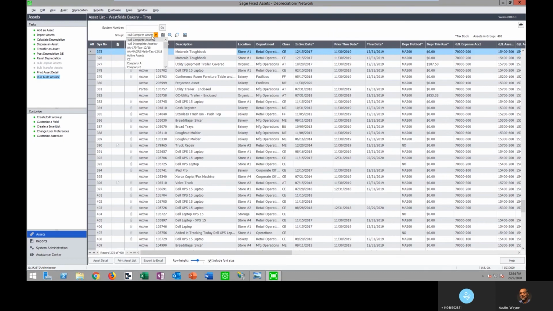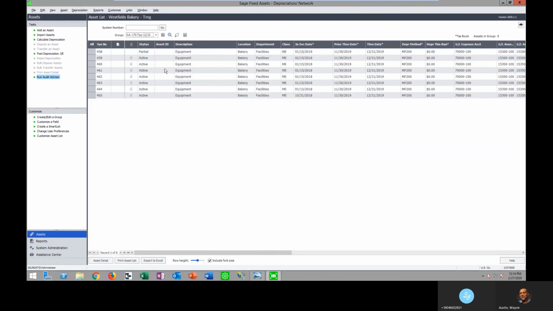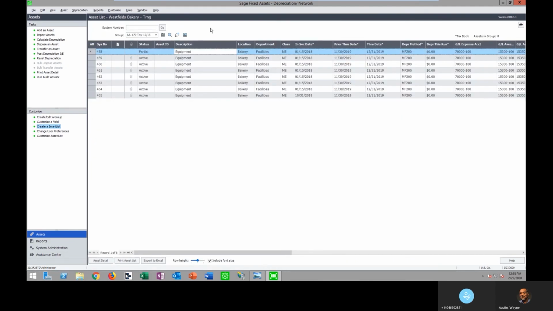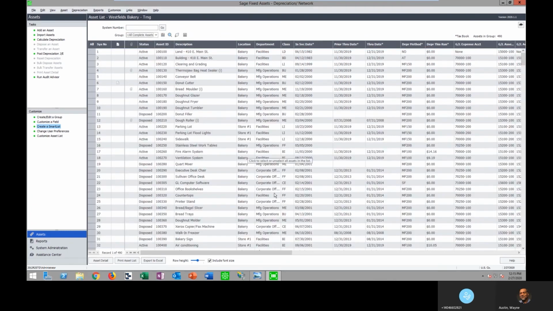So I can simply go back to my list view, select that group that was created, and these are all of the assets that are triggering that exception. If you look at these assets individually, I'm taking less than the 1 million limit for my 179 deduction. I'm taking 700,000 on this asset, another 700,000 here. So combined, I'm exceeding that limit. So I can now make that correction to ensure that I'm not exceeding the Section 179 limit for that